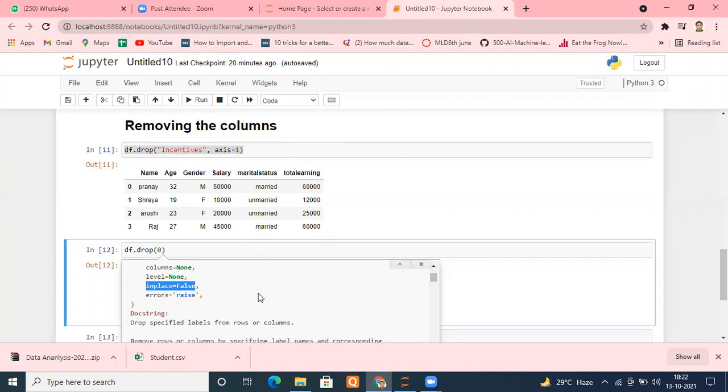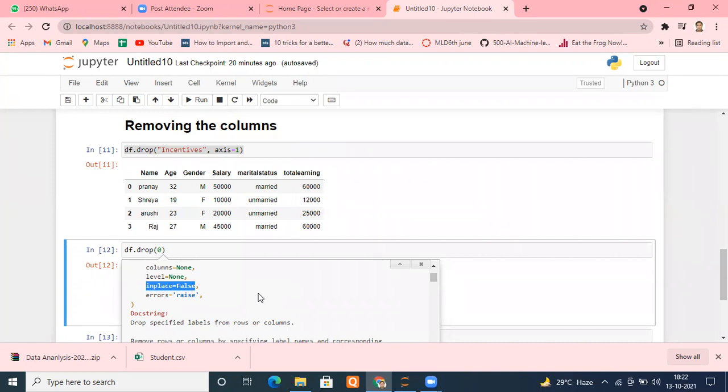Are you getting my point? What does inplace equal to False mean? Don't make changes in your original data frame, and it is basically created for safety purposes. Sometimes it may be possible that by mistake you deleted a column or a row. Then to save yourself, this is done.